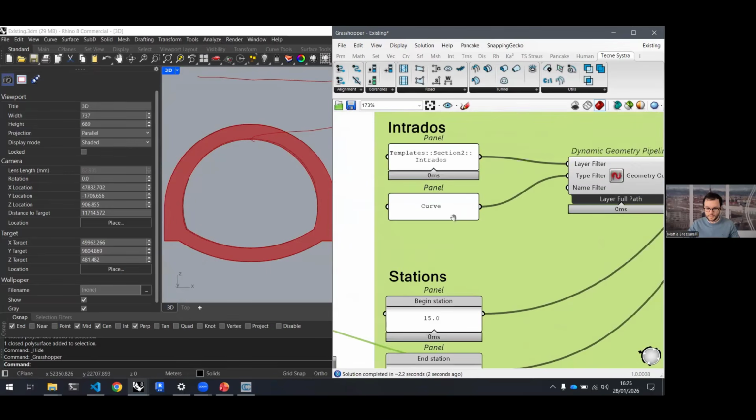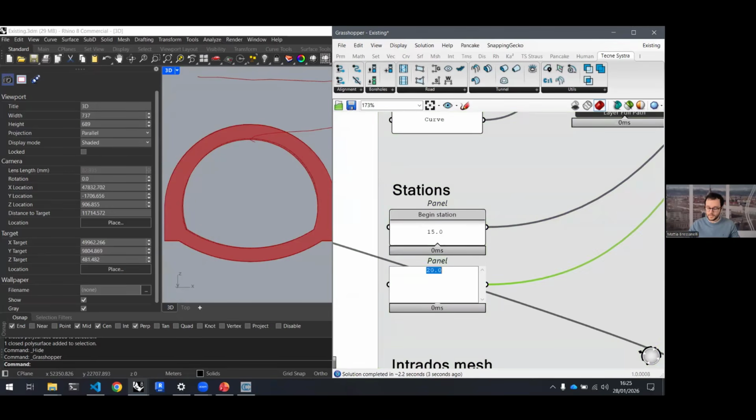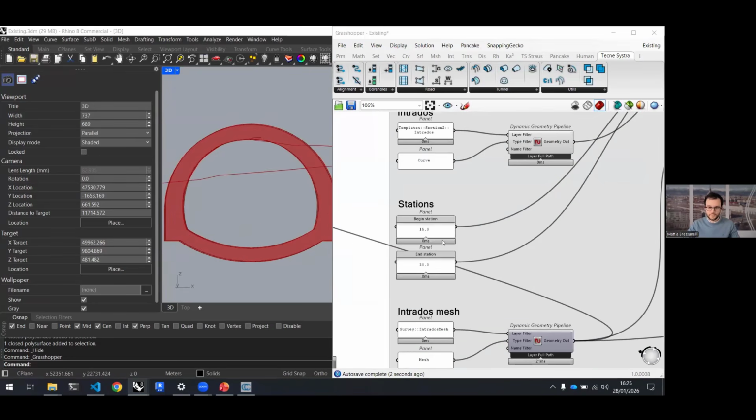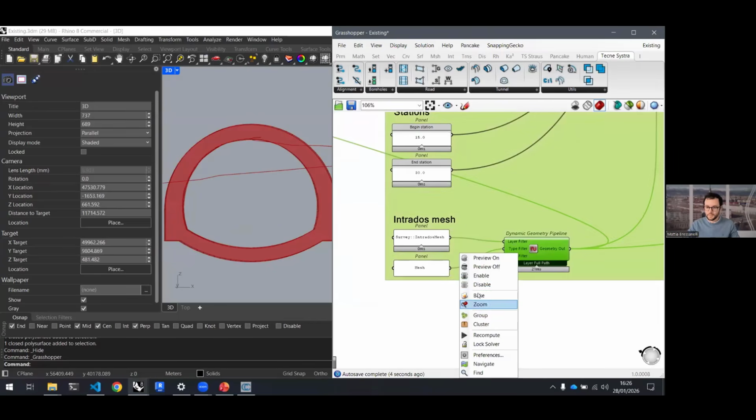Yeah. Let's take a longer section so you can see it better, because depending on the bit of tunnel you section, it may be more or less deformed. So let me turn it off. Yeah, if you focus maybe on this right wall, you will see that it moves when I enable it. So now it's just a theoretical section. If I enable the mesh, you see, it will shrink a little because it's snapped to the existing mesh,